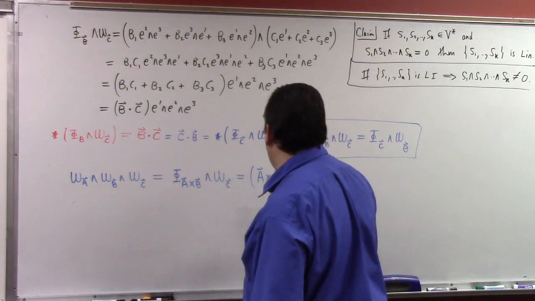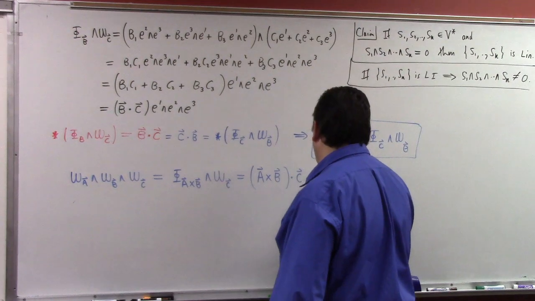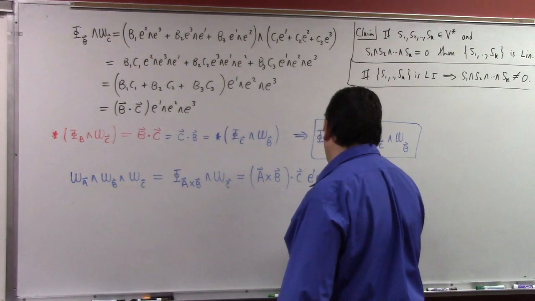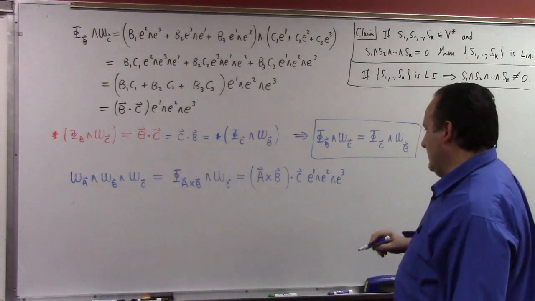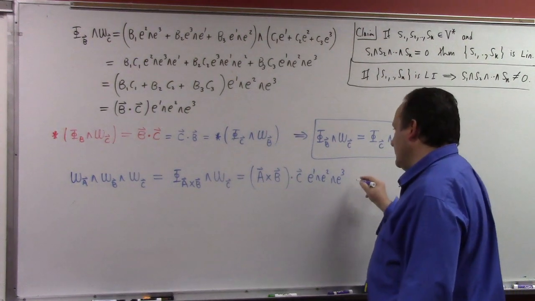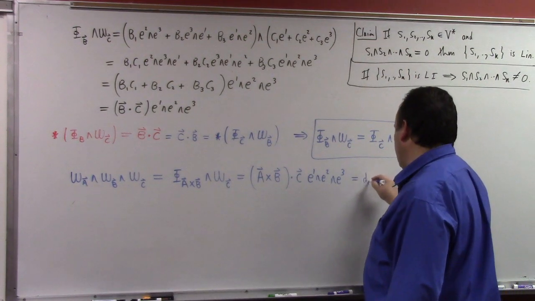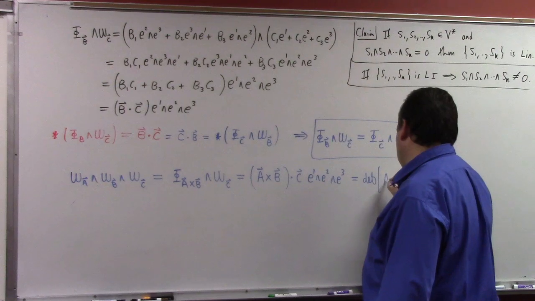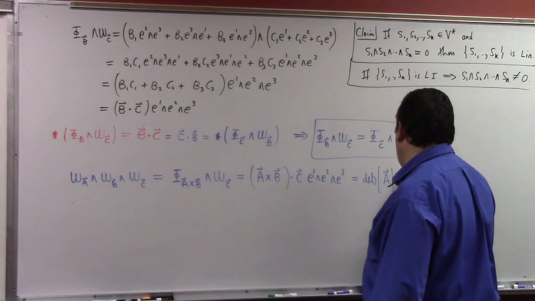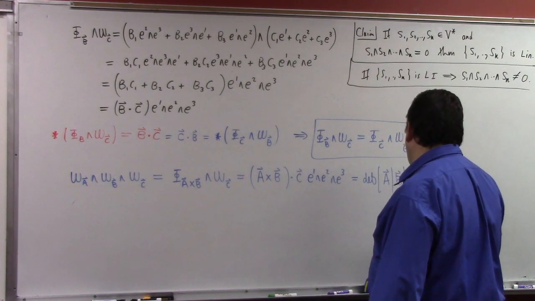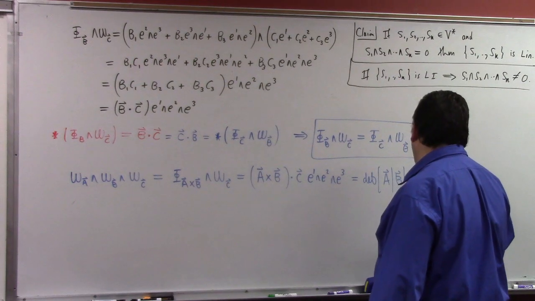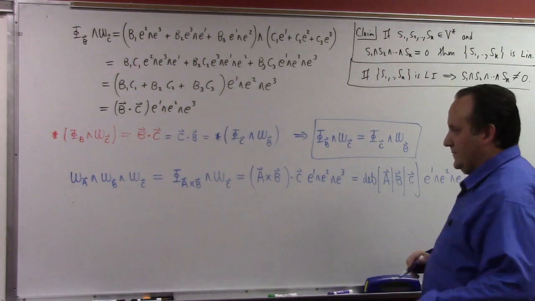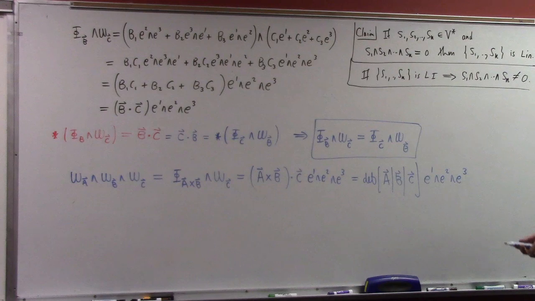And then of course, what do you get? You get your E1, wedge E2, wedge E3, right? But that also is the determinant of A, B, C, times E1, wedge E2, wedge E3. This is the so-called triple product from Calculus 3. And this has to be the case, you see, because